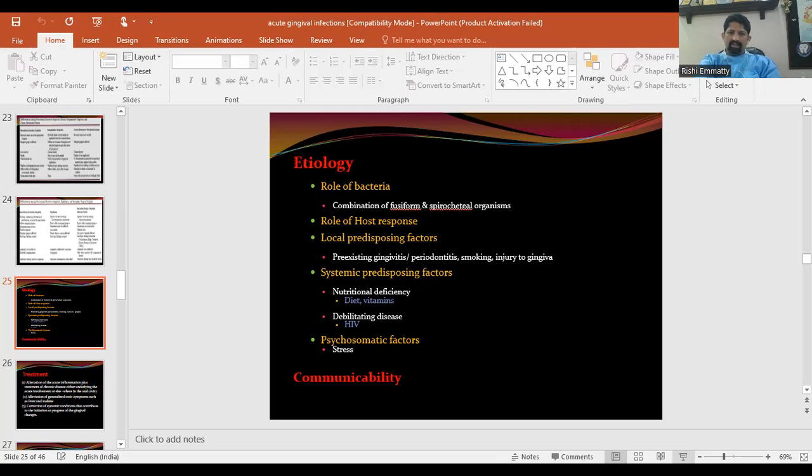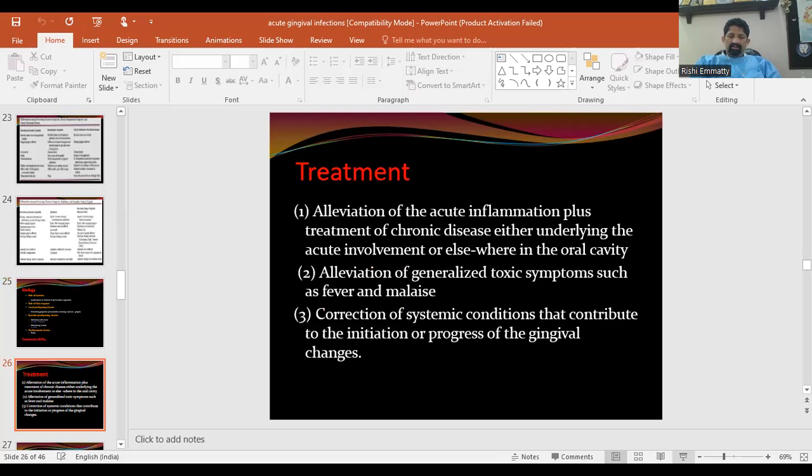Local predisposing factors are pre-existing gingivitis or periodontitis, smoking, or injury to the gingiva. Systemic predisposing factors are mainly nutritional deficiency, which we told about with socioeconomic status, poor diet or poor vitamin intake, and patients having debilitating disease like HIV. Another main factor is psychosomatic factors, mainly stress. Then communicability of the disease,